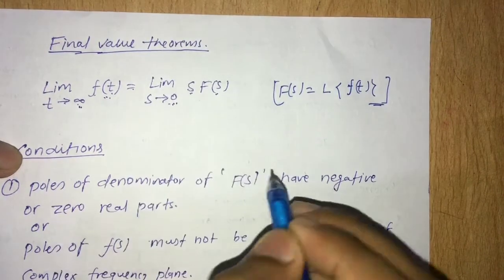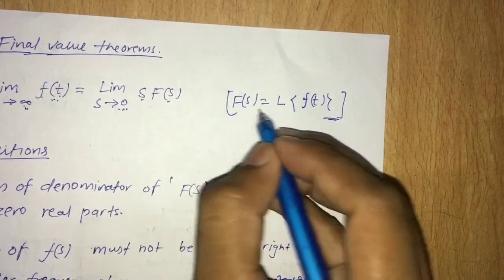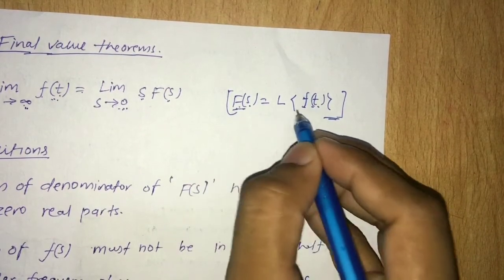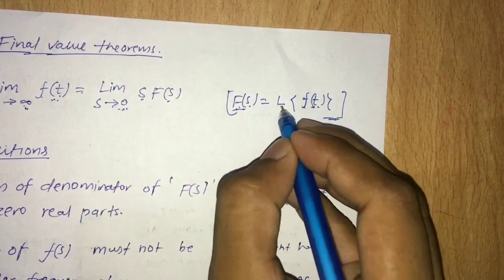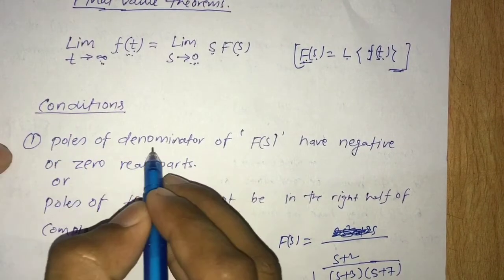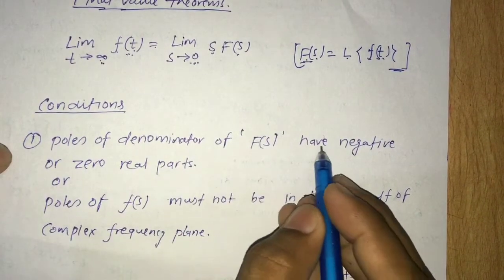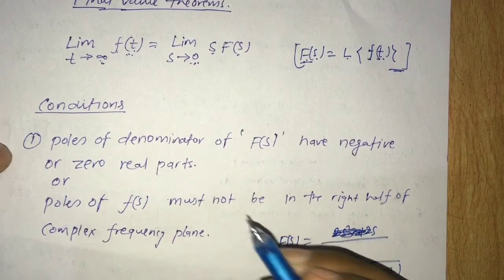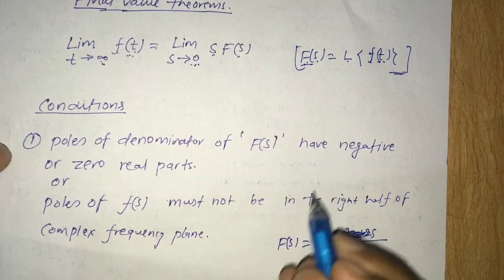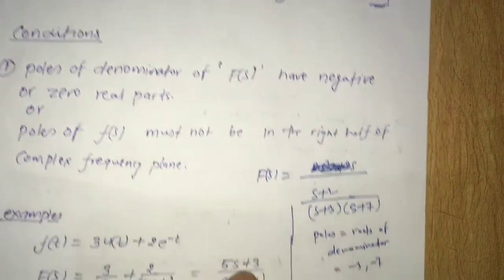These two values are equal, and as usual the Laplace transform of f(t) is this F(s). Now some conditions. The poles of the denominator of F(s) must have negative or zero real part. F(s) is generally a transfer function of a system, and